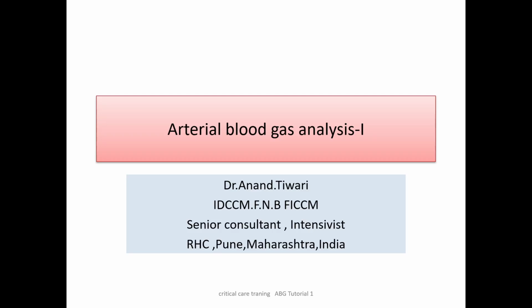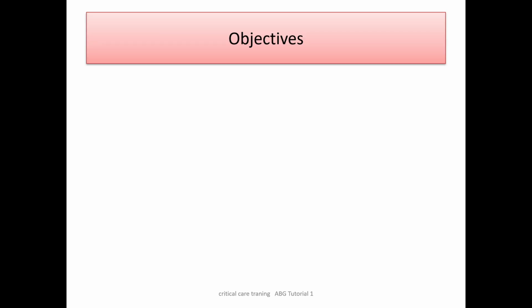Welcome to this session on arterial blood gas analysis. ABG is a very frequently done investigation in the ICU, and interpretation in the clinical context is very important. So the idea is to give a clear picture of arterial blood gas analysis in this part 1 of the session, with the objectives of understanding the physiology, that is the oxygen dissociation curve, its relevance to the